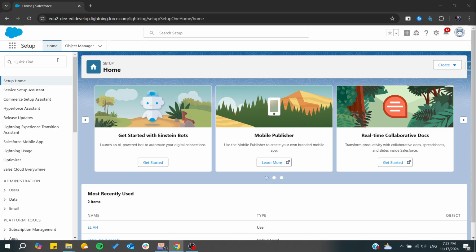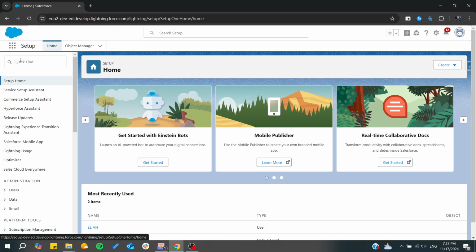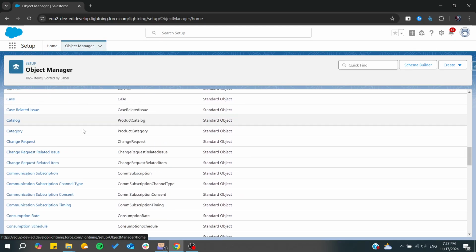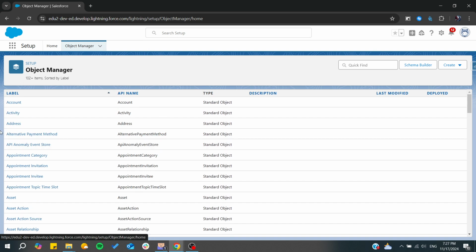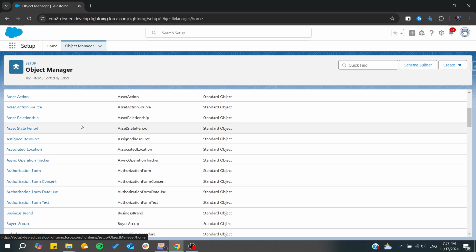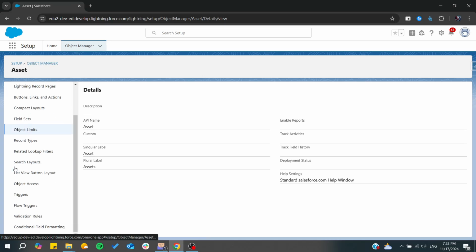And to find our object in Salesforce, you will need to go to the Object Manager. If you don't already have it, just go to the quick find and type Object Manager and you will find this. By clicking on it, it will take you to this list of objects. From there, you will need just to choose the object where you want to create a validation rule. For example, let's just take these assets and basically if we go down, we will find